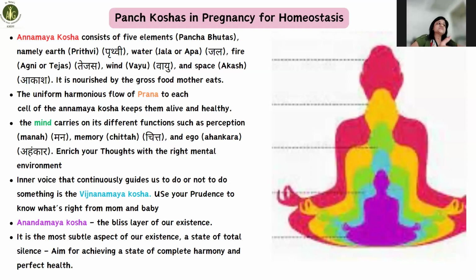The mind, which is the mana, chitta, and ahankar. This is the kosha where the problems start. You think negative, you overthink, you have grudges against people, or you have envy, jealousy, whatever. The mind level, the manomaya kosha, can either make or break your pregnancy. So, of course, meditation, positive affirmations, visualization, or maintaining a gratitude journal, all these things will help deal with the